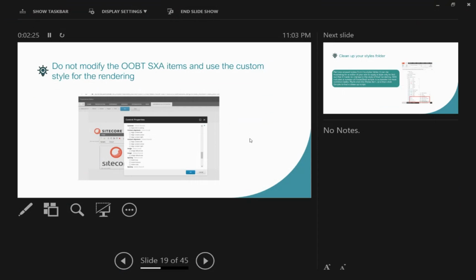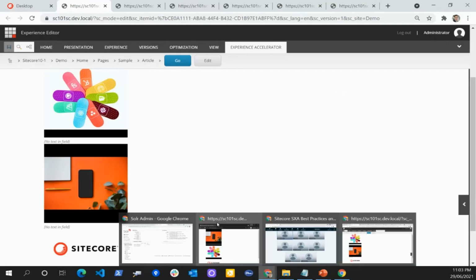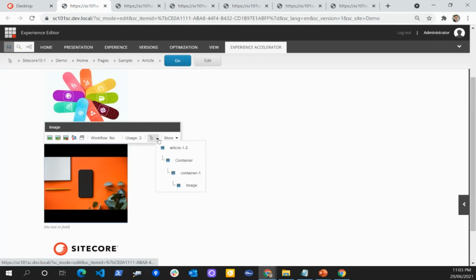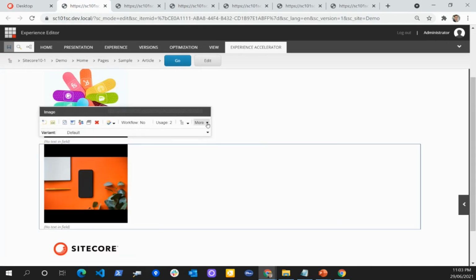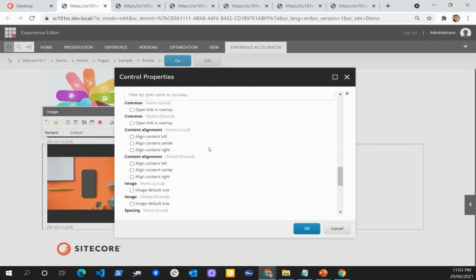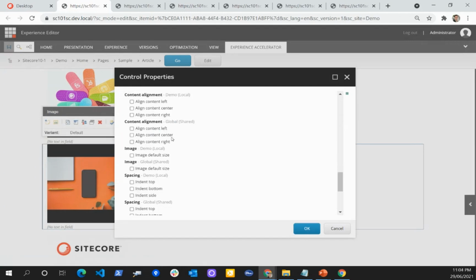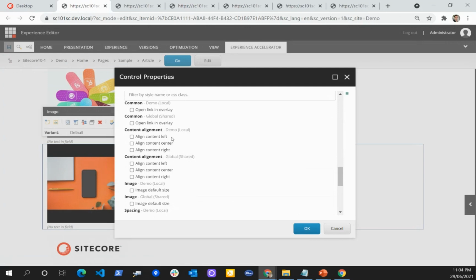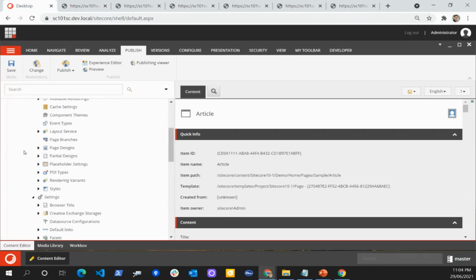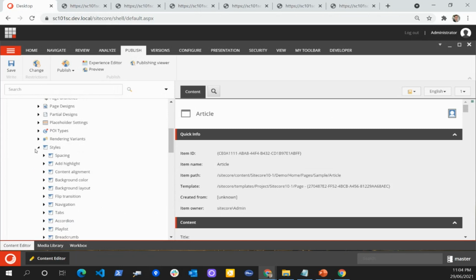If I can show you here, basically for each component, let's say this is my one component, I have options for applying the styling. Let's say I want to apply some styling, so I can go into my Presentation and then I can create styles, right?